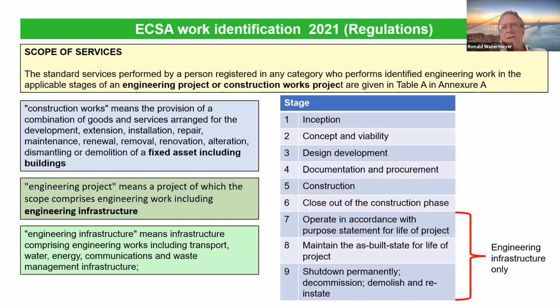They also then bring out the scope of work, or the scope of services, to try and link it in with the other built environment professionals, so that engineers are not out on a limb, so that when a client comes along and says, I need a project done, there's no situation of no work for an engineer because there's no scope in terms of stages. So they've brought this in terms of the regulations, and there you see the 6 normal stages